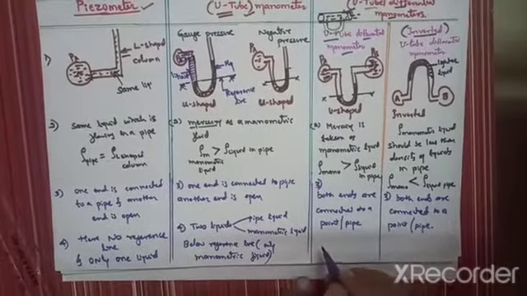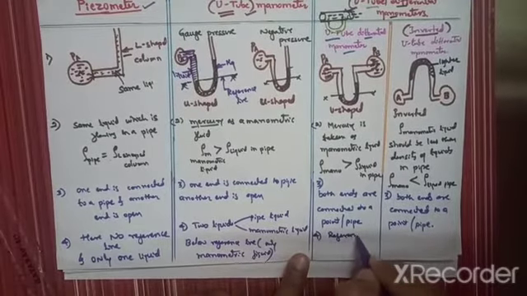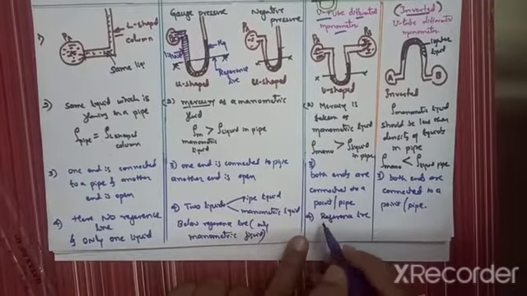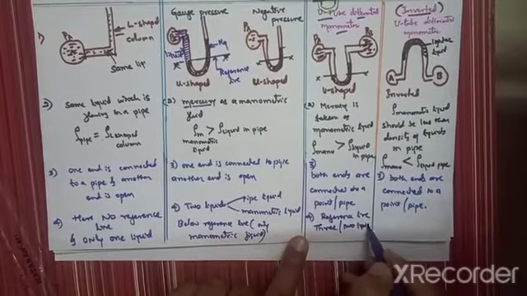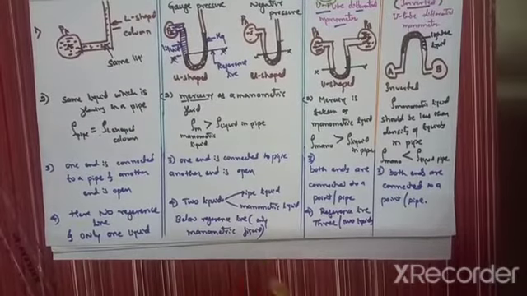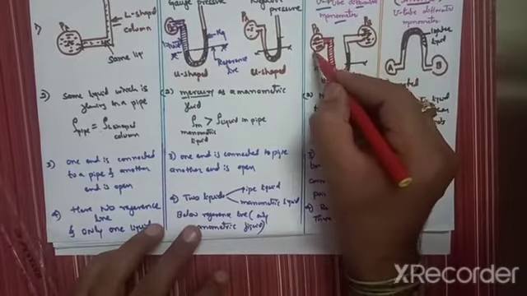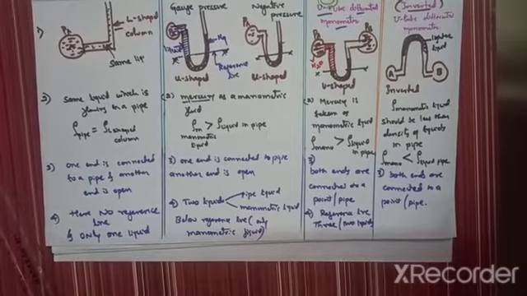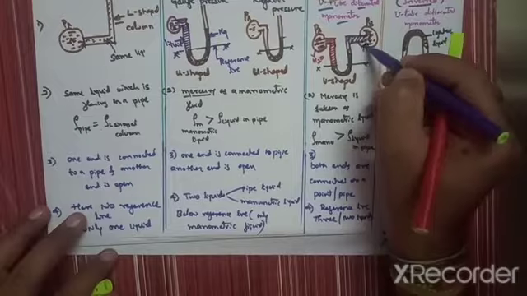And in the U-tube differential manometer, the fourth point is the same. There will be a reference line, and as well, how many fluids will be there? Minimum 2 or 3 liquids. I will tell you how it is 2 or 3 liquids. In the pipe A, there is one liquid, maybe it is water. In the pipe B, there is another liquid, maybe some oil.